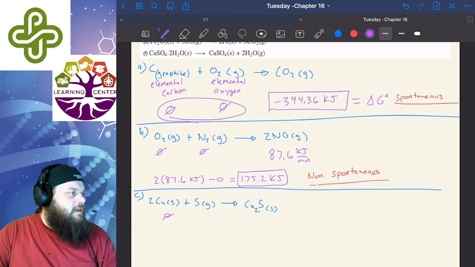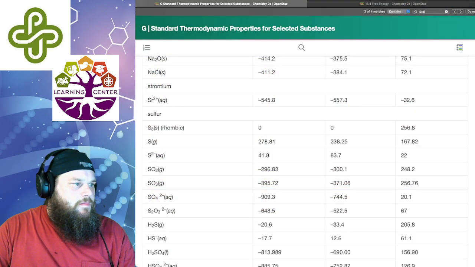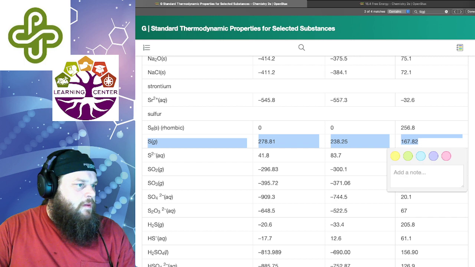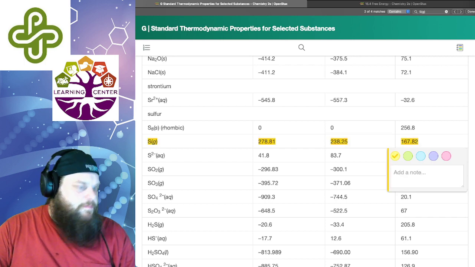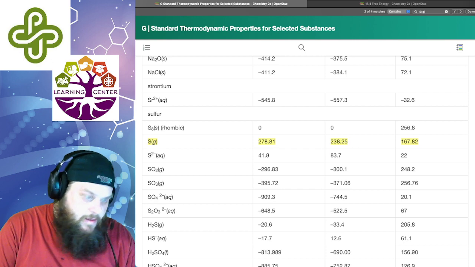And we can see, there it is. Switching over to my window. It's 238.25. There we are. So that's 2 times 238.25